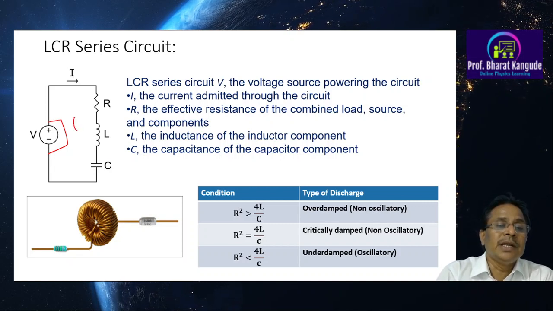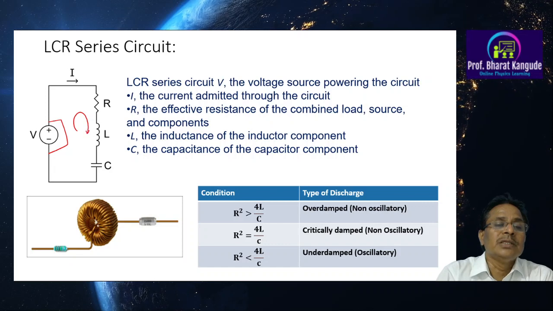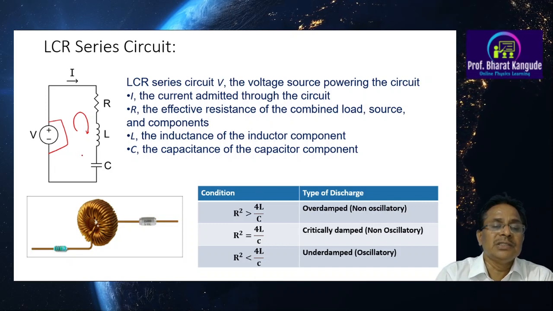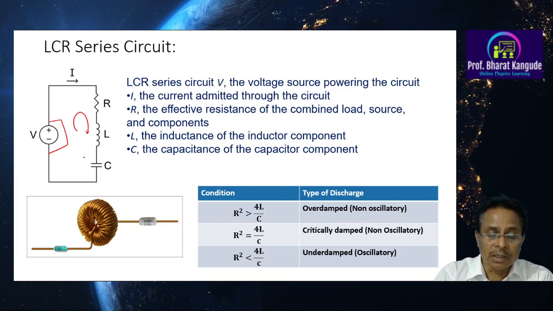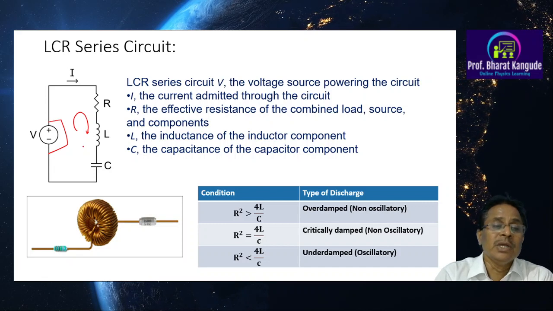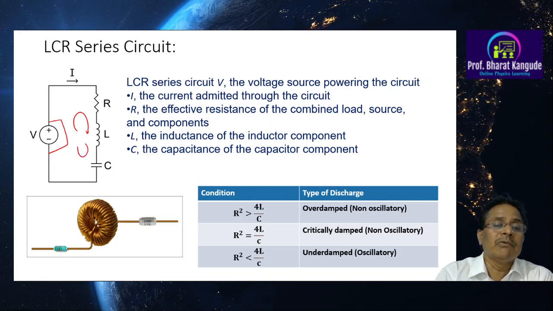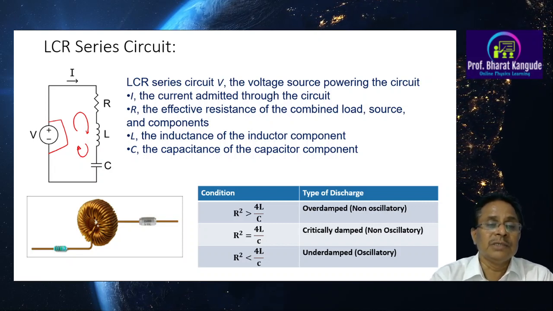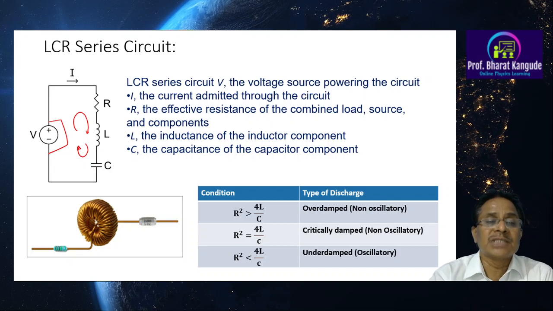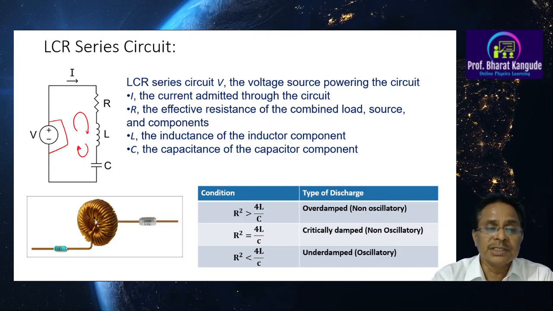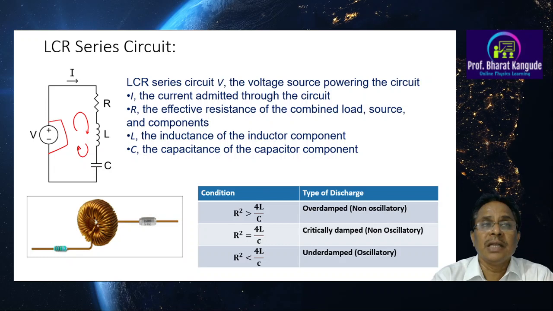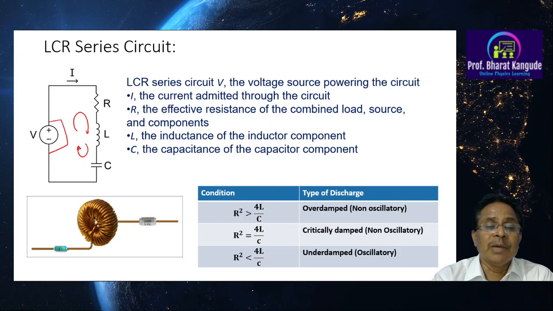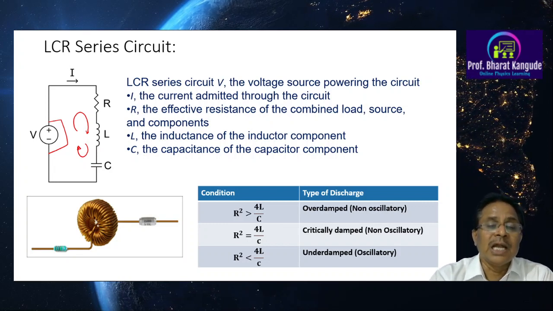In one stage, the entire energy gets converted in this way, that this current travels this way, and in the second stage, when the electrical energy is converted into magnetic energy, this current travels the other way. So alternately, the current changes its direction. That means there is a discharge of this capacitor through this resistor. So the resistor works here as the resistive force in the mechanical damped oscillator, and thereby conversion from electric to magnetic and magnetic to electric energy takes place.